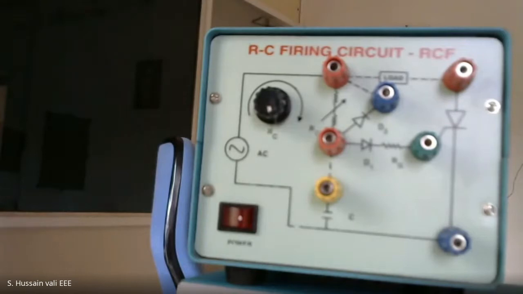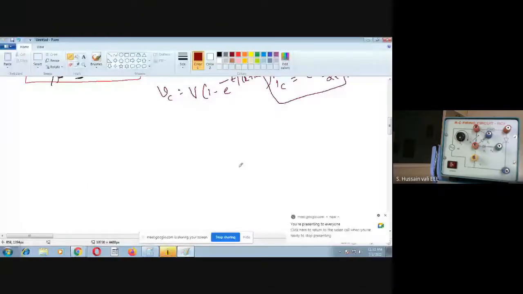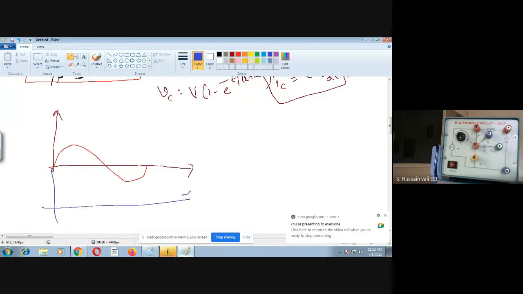I hope you know what the output voltage waveform is when you are varying the firing angle. That you have seen when you vary the firing angle here, something like this. The output voltage I'm drawing now. Output voltage will be something like this. Your input voltage will be a sinusoidal waveform. You just take it like this. Then the output voltage will be something like this. Output voltage will, from some firing angle, follow this. Then you have another.